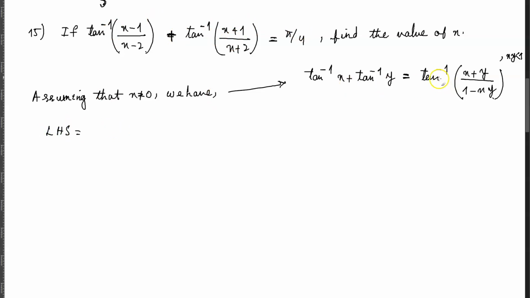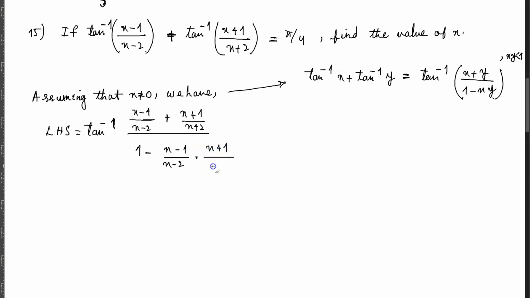The LHS becomes this expression, which is the tan inverse of x minus 1 over x minus 2 plus x plus 1 over x plus 2